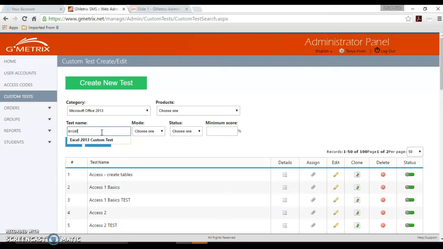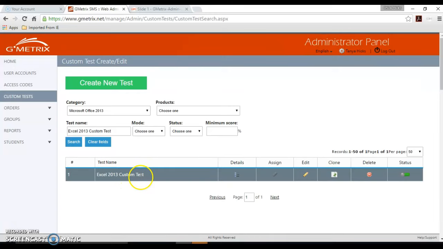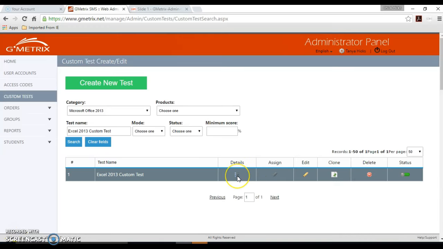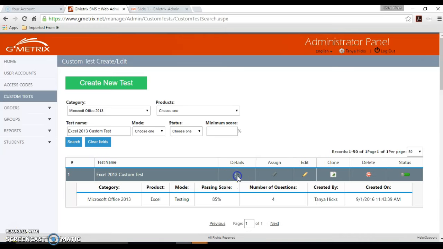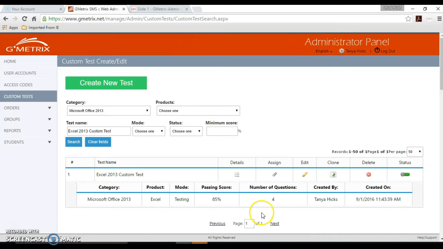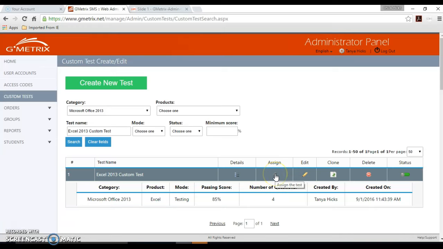So mine was Excel 2013, is what it started with. And I want to hit the search button. You can see here's my 2013 custom test that I created. If I need to see the details of it, I can click this. It shows me who created it, on what date, the number of questions, the passing score, etc. And to assign it, you just click this paperclip,